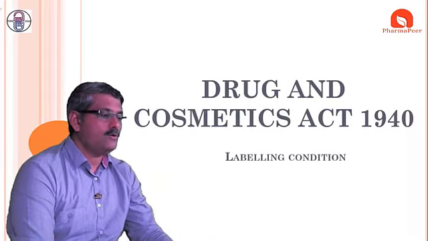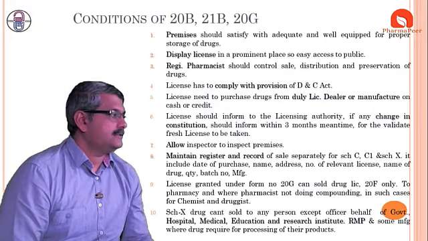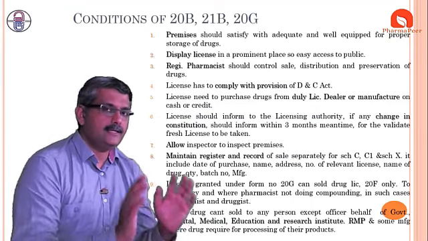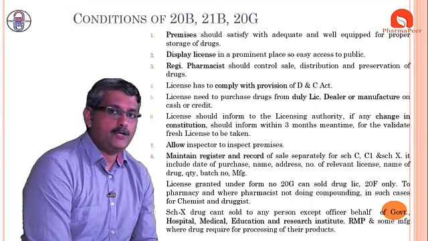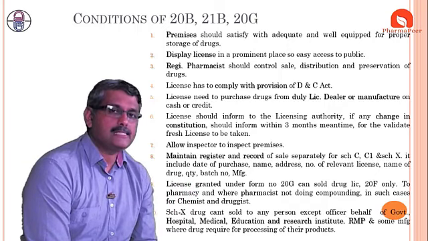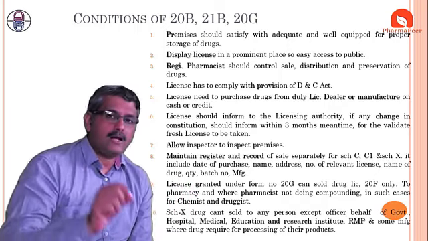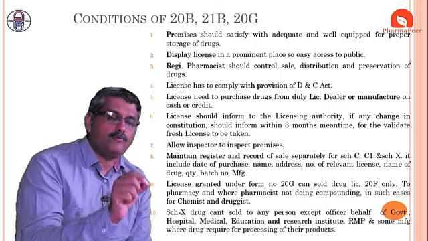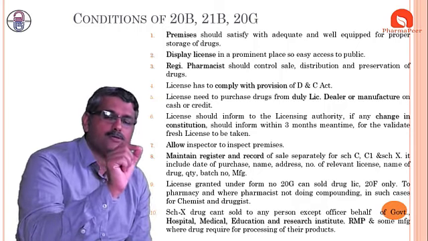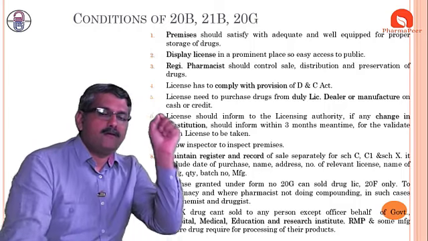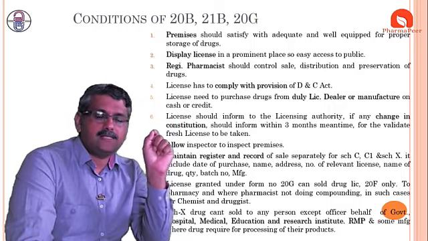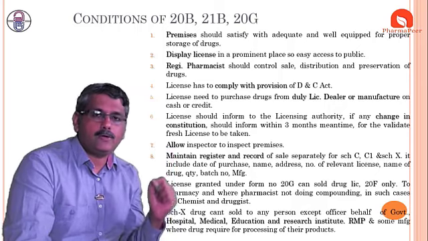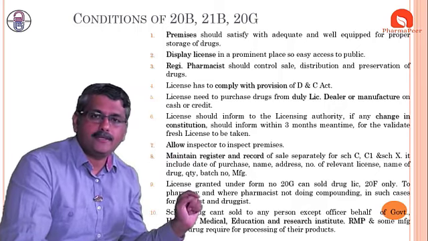This is for the wholesaler. So this is a very important and very interesting case. Here, what we need to remember are a few things. What are the different form numbers that we could remember? I told you the clue for that: retailer, restricted, wholesaler, wholesaler with vehicle. First, other than schedule C and C1 and X, and for schedule C and C1, schedule X: 20, 20, 20, 21, 21, 21, 20 dash, 20 dash.